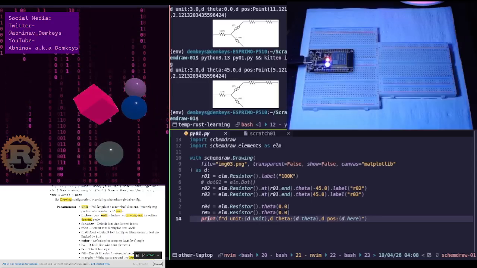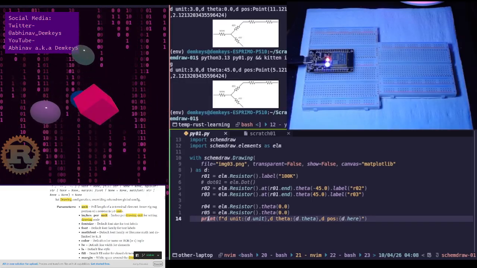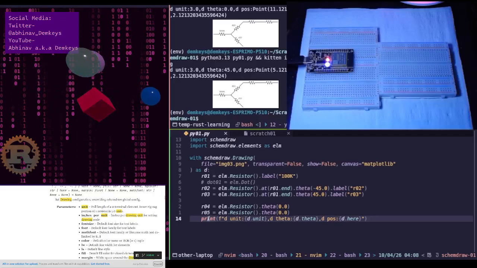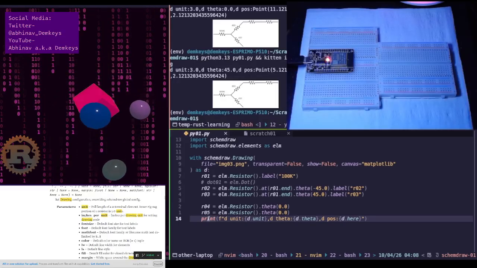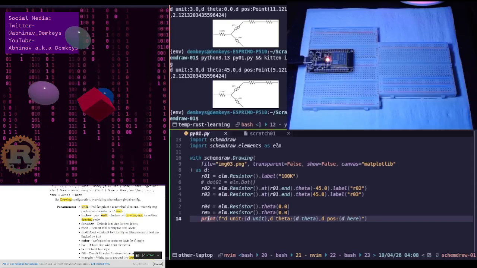Inner zigzag portion of a resistor is 1.0 unit. So if the inner zigzag portion of a resistor is 1.0,